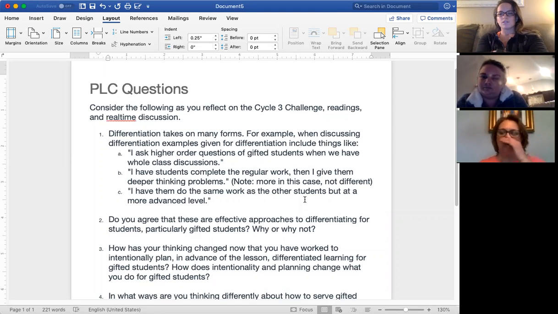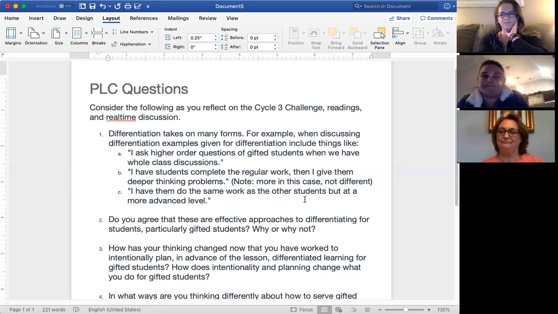Well, most of the time they're not identified at second grade. We don't identify them till later on. In our county we identify in third grade. But I have one who is without a doubt like should already be identified, should probably be in fourth grade. I think there's always those really high kids that do stand out. And that is the challenge. So I think this helps us to develop something for those students.